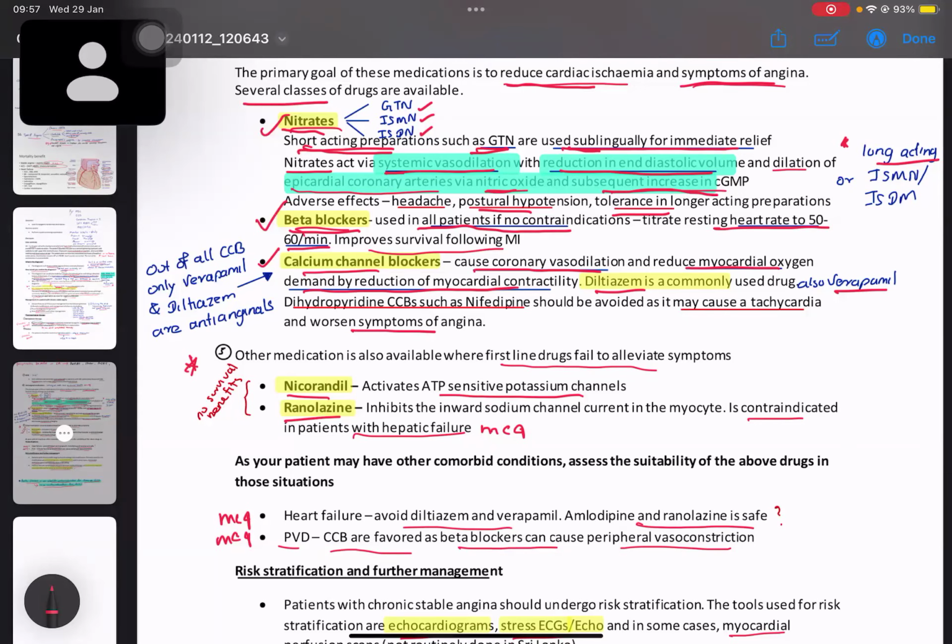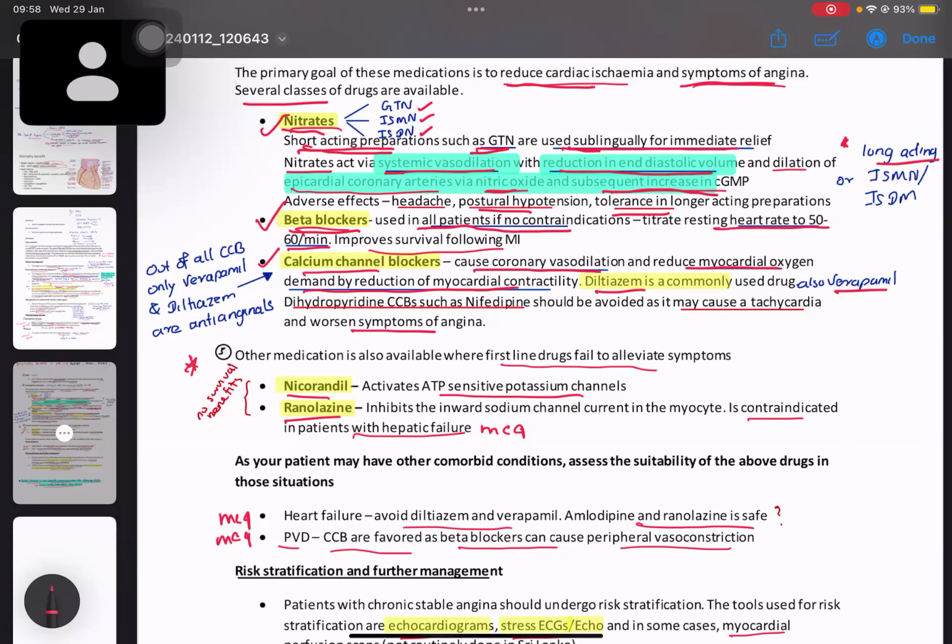For beta blockers, if you tell I'll give beta blockers if there is no contraindication, then the next question will be, so tell me what are the contraindications for beta blockers. So if you are telling any answer, be prepared to answer the next question, and you should know which would come as the next question. Then you can easily pass your vivas and cases. That's the only thing. In medicine, the consultants expect a safe superficial knowledge. They don't expect deep knowledge, and they don't prefer people talking for a long time without any points.